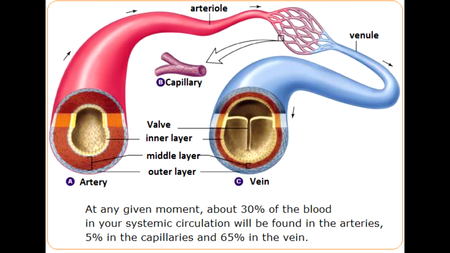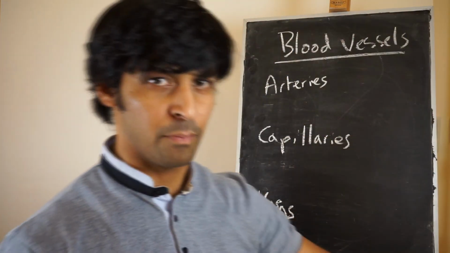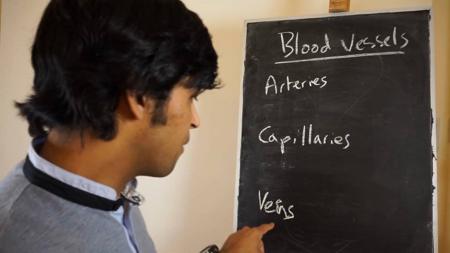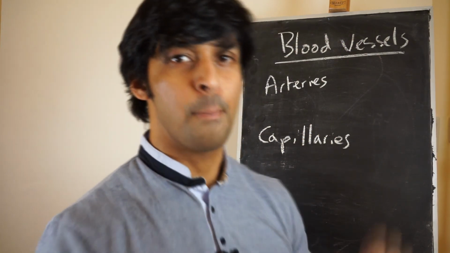And that's basically it. So just to quickly summarize, arteries take blood away from the heart, thick wall. Capillaries, very thin, exchange nutrient and oxygen between the blood and the cells. And the veins take this blood back into the